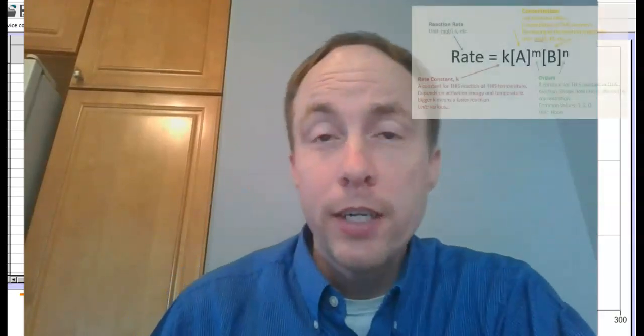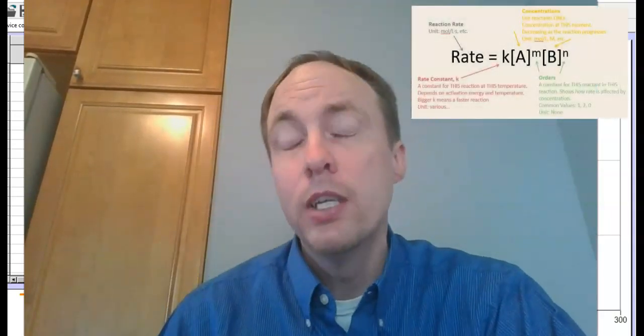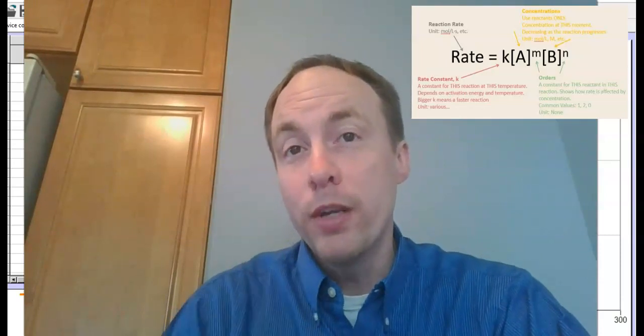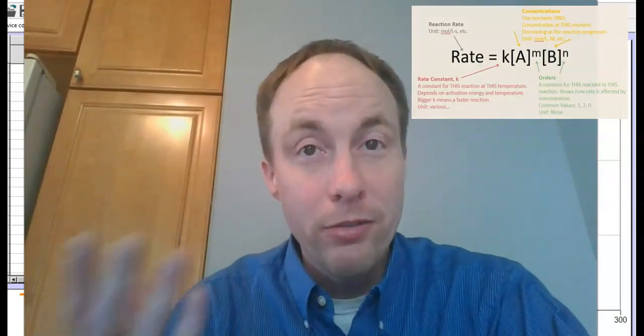Right. So today we're going to move on to the next section, which is how exactly do you determine those orders of reactants? How do you determine those exponents up there? We've already seen how they affect the rate of the reaction, but how do you figure them out in the first place? Well, there's two ways to do that. The first way we'll talk about today. The second one we'll talk about next time. Right. So first, let's look at